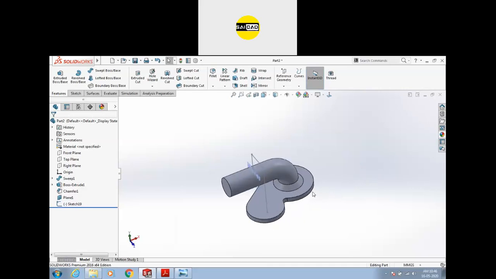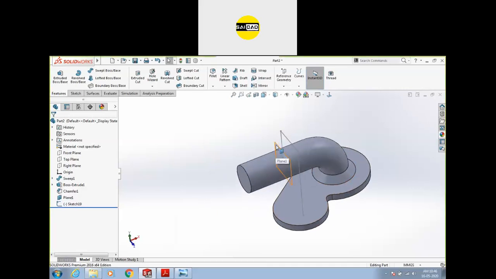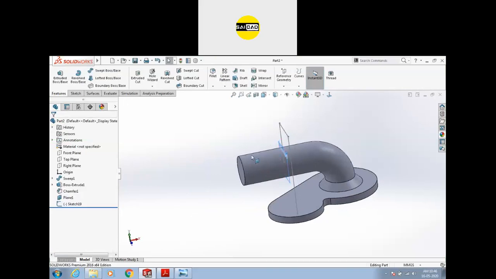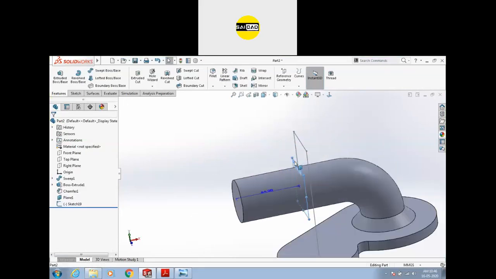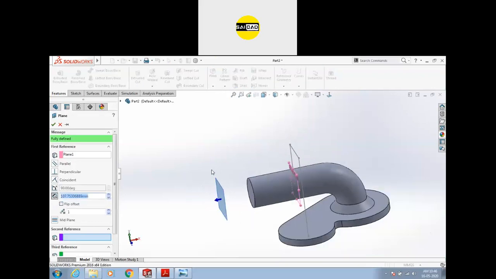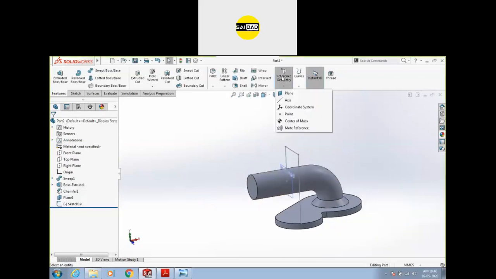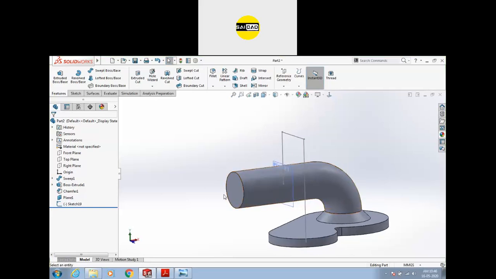If you want to create an offset plane, you can simply press the control button and go to the plane and drag the plane out. Just press the control and drag out this plane, and there will be a new plane. Again we have the option of offset. So there are many options. We will be going to cover these planes and axes and everything in the 6th session. Right now we have to just create a plane that is offset from this point.